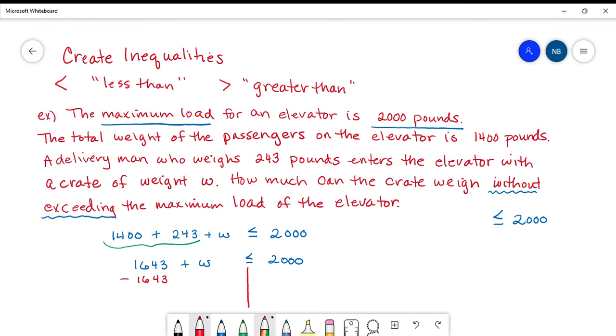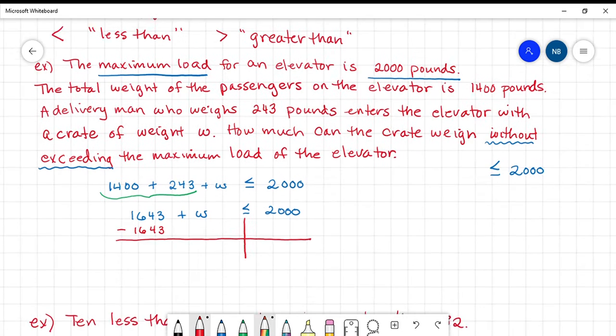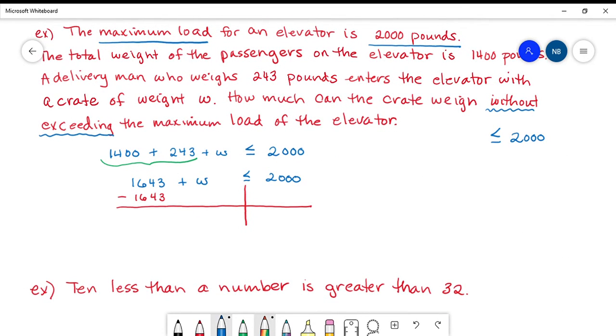The reason we subtract is because 1,643 minus 1,643 is 0. So this cancels, leaving W by itself. Now, if I subtract 1,643 from the left, I also need to subtract 1,643 from the right, and that leaves me with